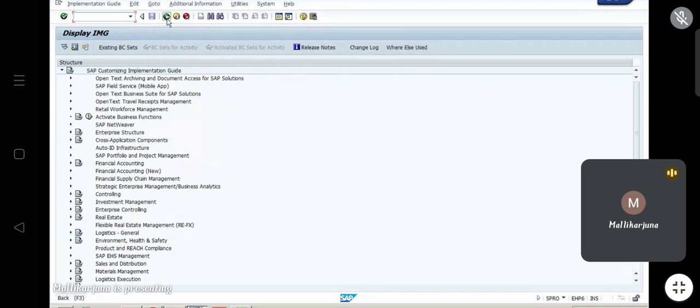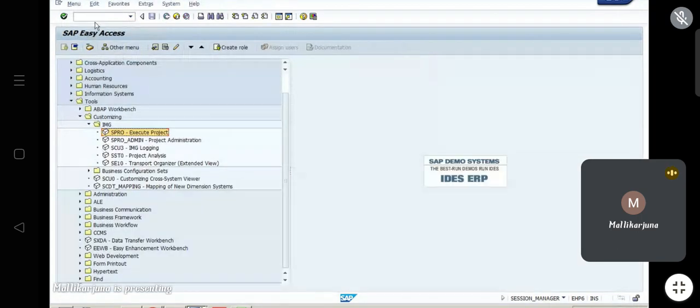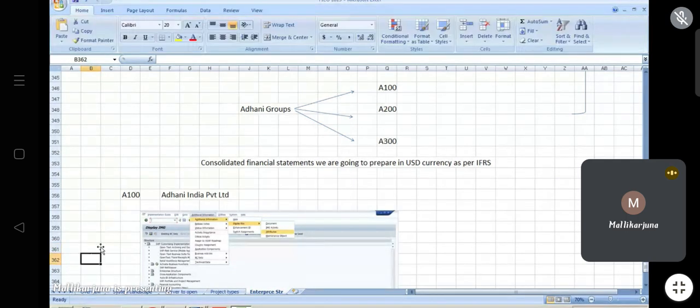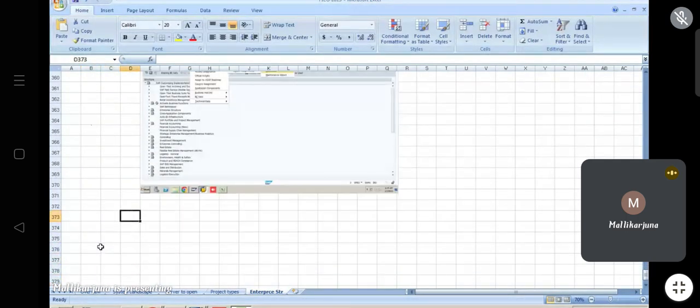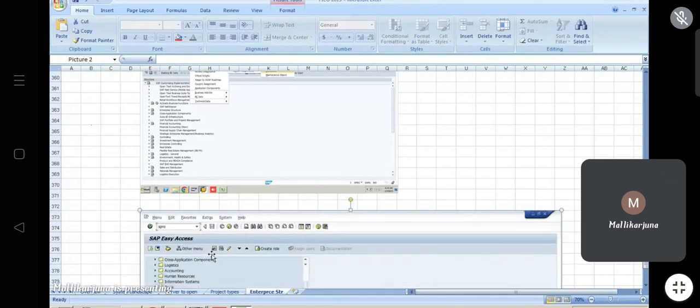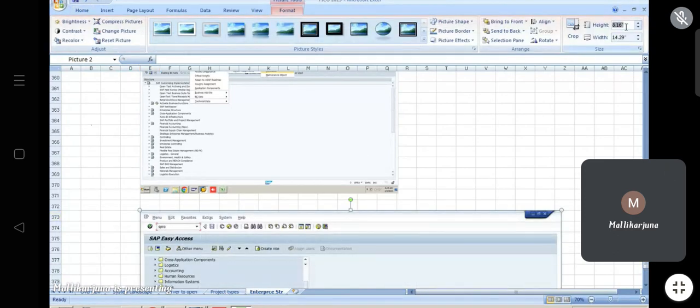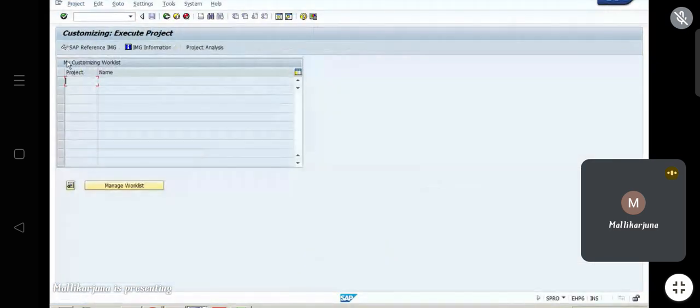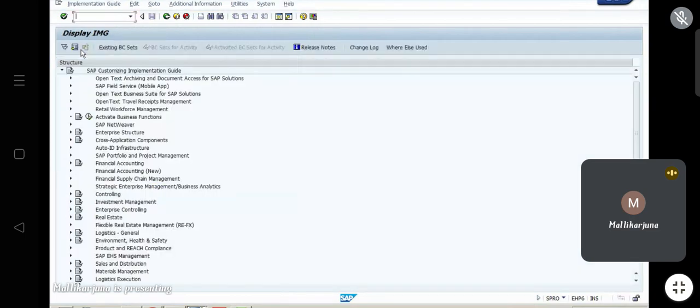If I go back here, this is the command field. If you insert SPRO here, it will directly access the implementation guide, the customizing screen. So this is another way to access the customizing screen. You can see it in the reference IMG. Now, enterprise structure,